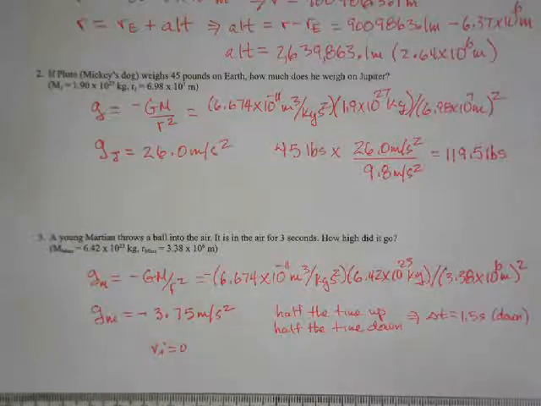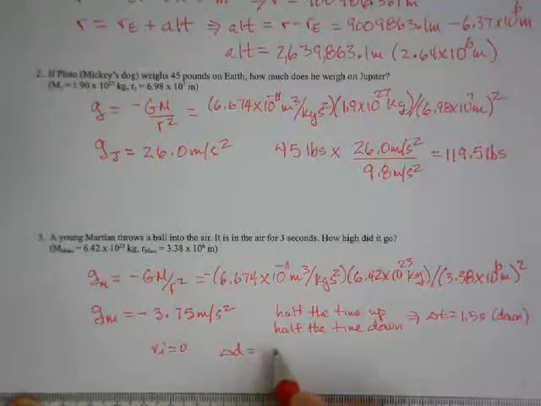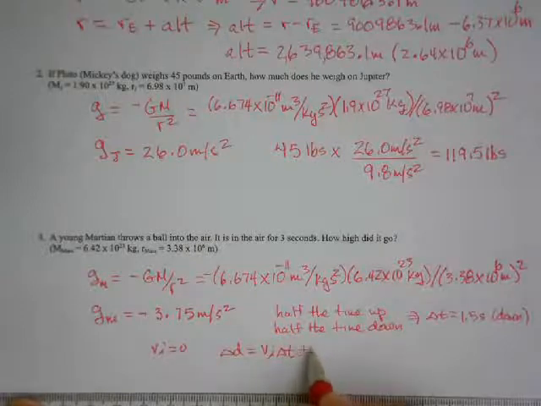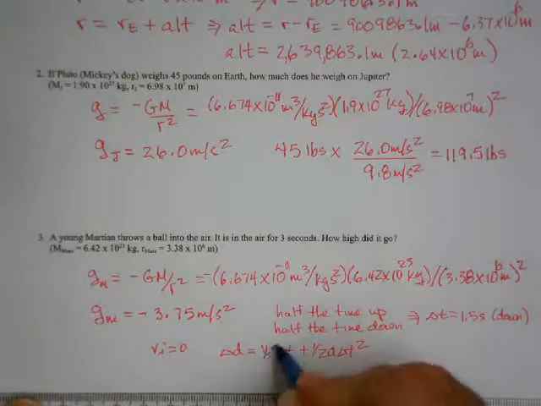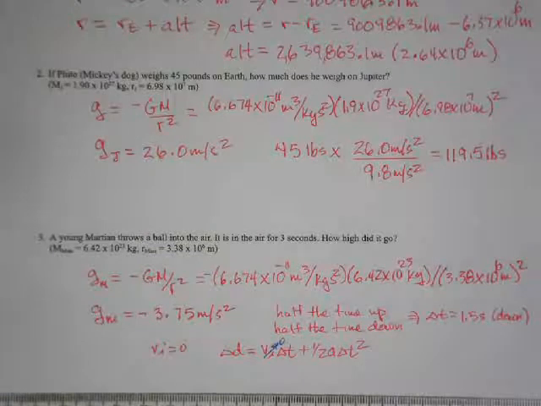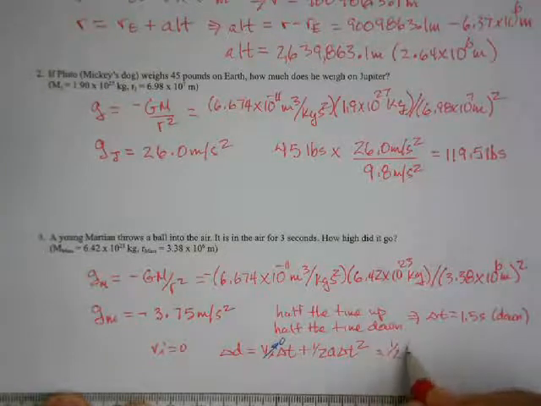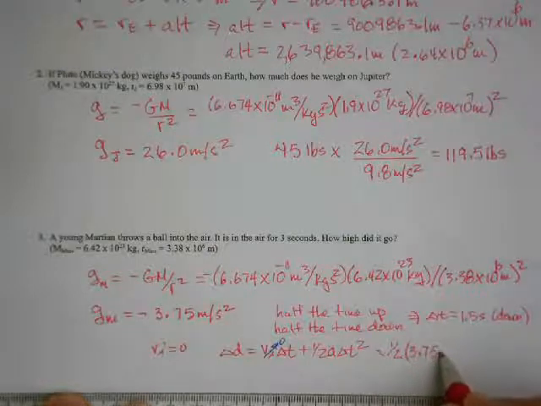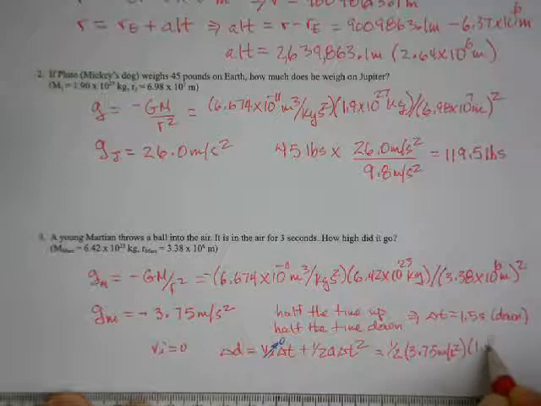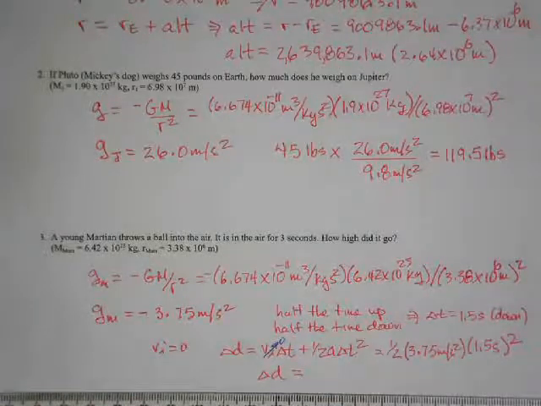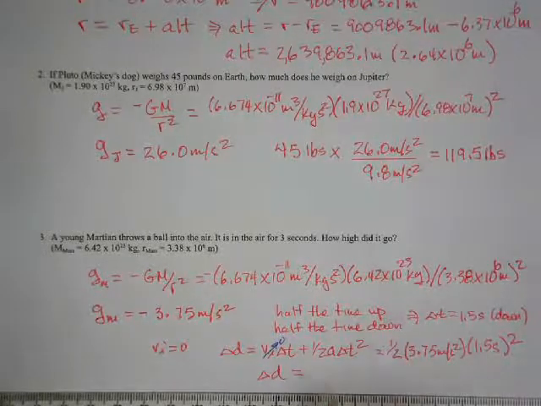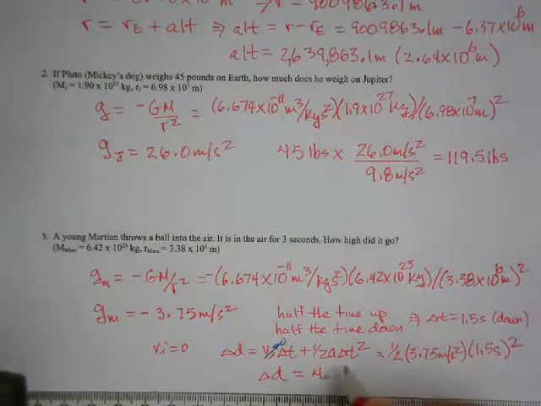If I use my second equation of motion, first I don't have to worry about the first term because it stops before it falls. And we get 4.22 meters,